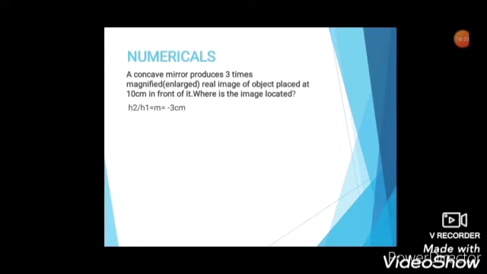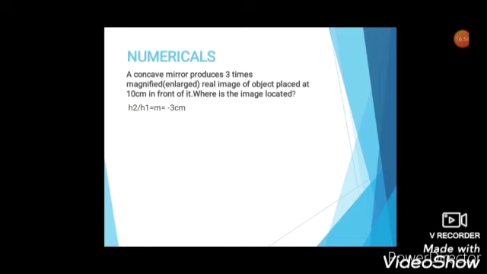So here one thing they've given is the value of magnification. That is, magnification is given by h2 by h1, that is, image height or image size to the object size, and the value of it is 3 times, so it is 3. And this 3 has a negative sign. Can anybody guess why there is a negative sign for the magnification? The reason is simple. If you read the question, it clearly says an enlarged real image is formed. So a real image is an inverted image.